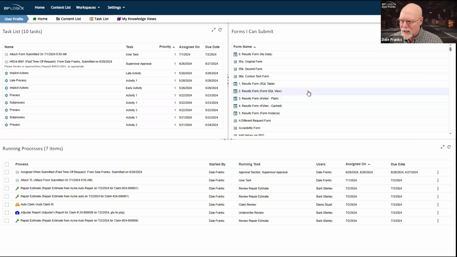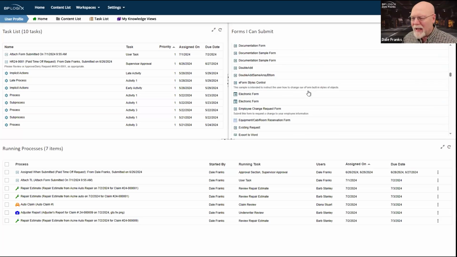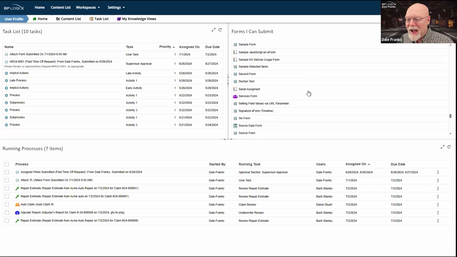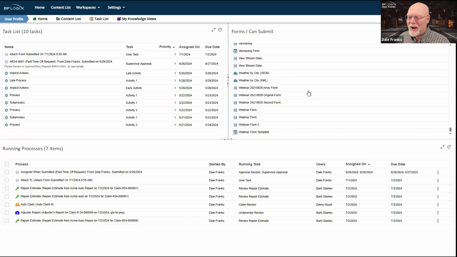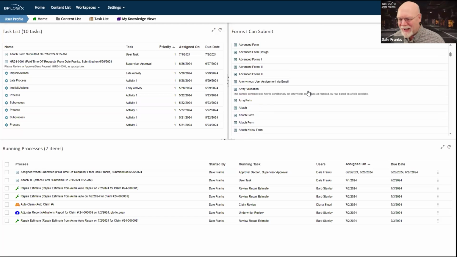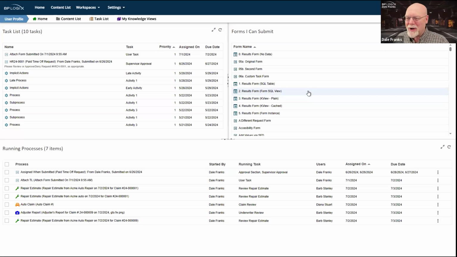So this is a relatively useless knowledge view for me because, as you can see, I have a ton of forms on this machine that I can submit, but of course I can submit anything because I'm the system administrator for this machine. In general, however, for an end user, if they're only allowed access to create and submit 5 forms, then they would only see 5 forms in this knowledge view.